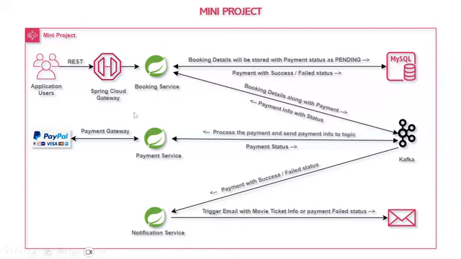Okay. Hope you understand. And here we do have the application end users. Normally we will be exposing one gateway, which is the Spring Cloud Gateway, where all our endpoints related to the booking service, payment service, and the notification service will be given. But in the API gateway, we will expose only the booking service. Why? For example,